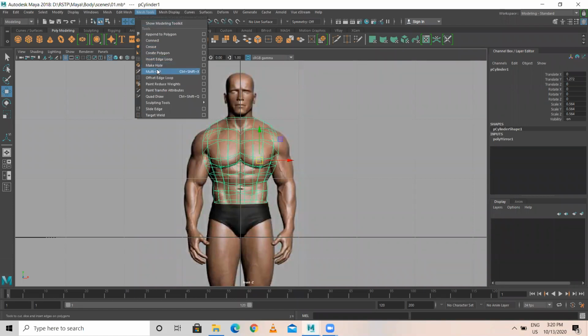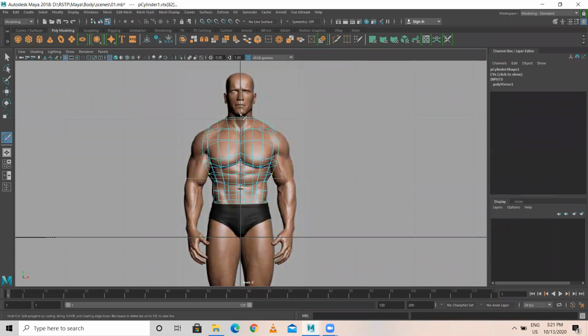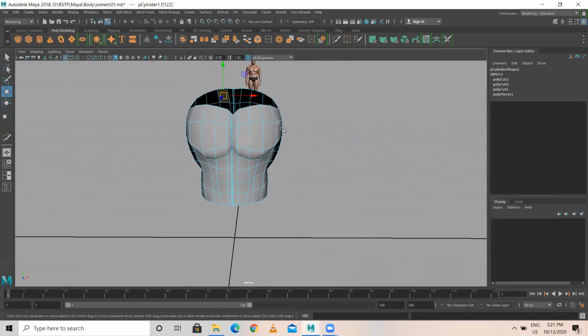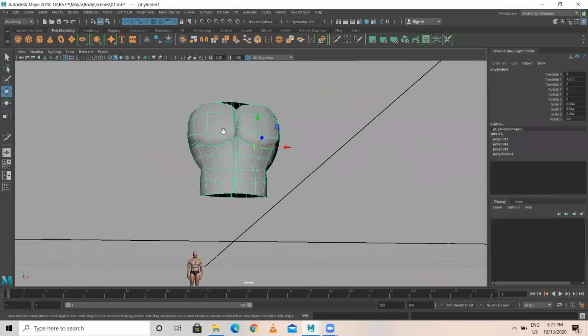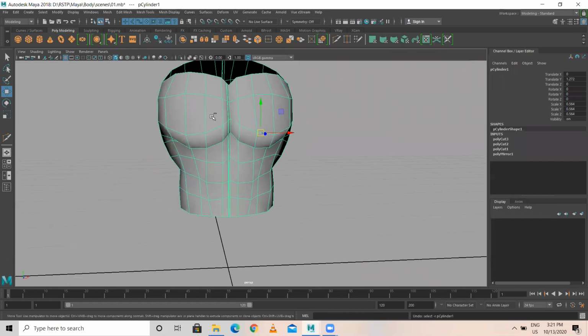Now I'll do the mirror cut. This is the multi-cut.